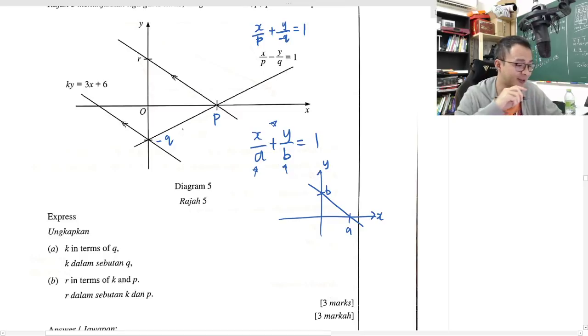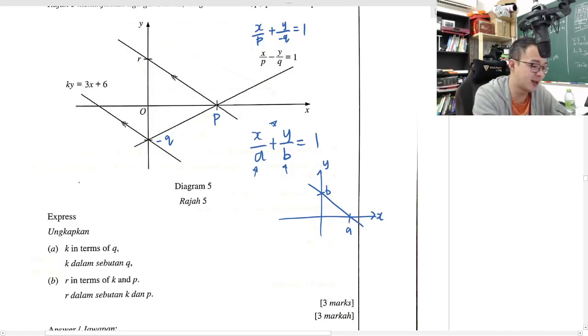Alright, then they ask about k in terms of q. So I have a negative q here, so I try to make a connection. What I'm doing here is I can rearrange this one, because this negative q is basically the c for this line, right? It's a